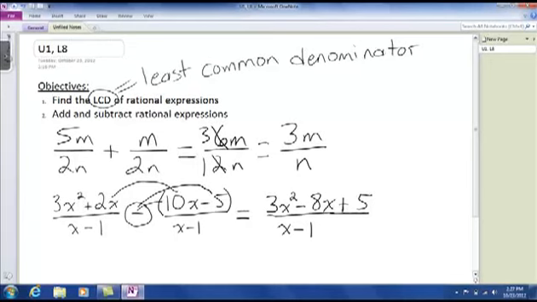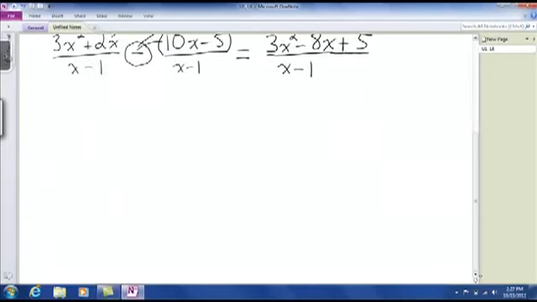Okay, let's scroll down here so we can get a little bit more space. Now let's talk about LCD. Those two were really basic examples because you just had a common denominator already. Well, let's look at, first of all, an example with just numbers because this will maybe bring it back for you. If I gave you 1/8 and 3/22,